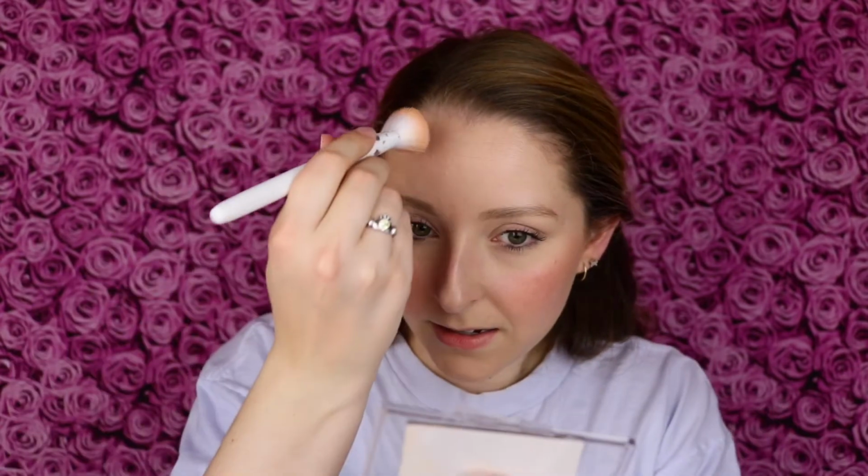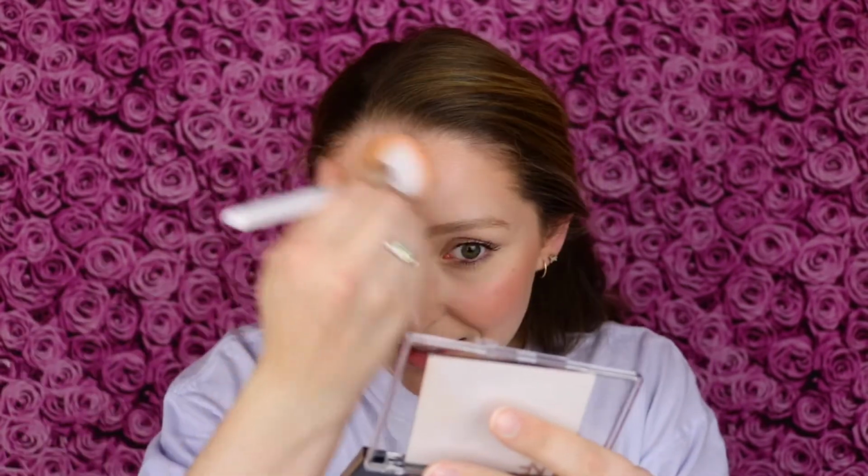Now I just want to take a little bit more of this more bronzy shade and see how it works as a bronzer type, where I like to apply bronzer to the top of my forehead. And I really like this color. That looks so good. I feel like it looks very natural. Like it just goes with my skin tone,